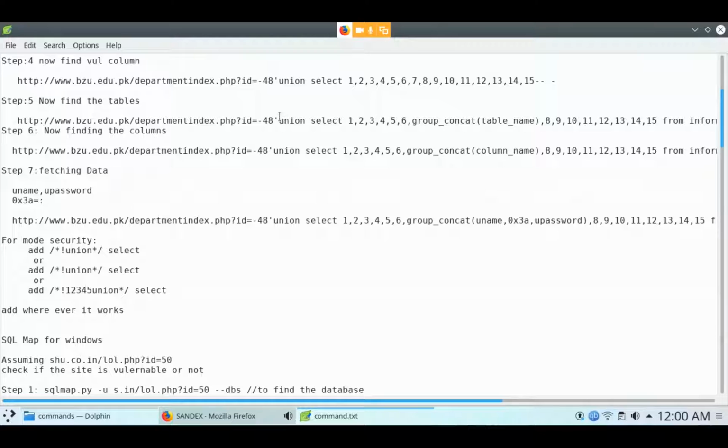So union select, I am using this one command. This command is used to find the table.